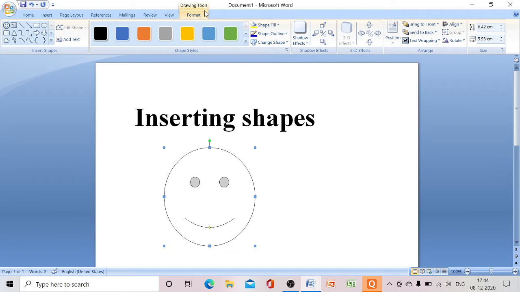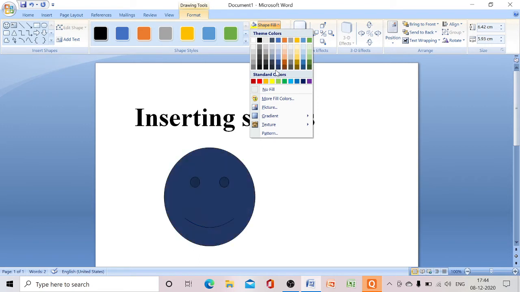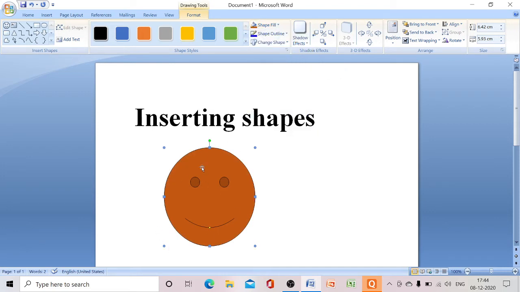When we double click we can see a format tab. From that we have to choose this shape fill. Can you see this option? Let us click on shape fill and select any one of the colors. Based upon our selection the color will be filled inside the shape. So to fill color in a shape we use the shape fill option.